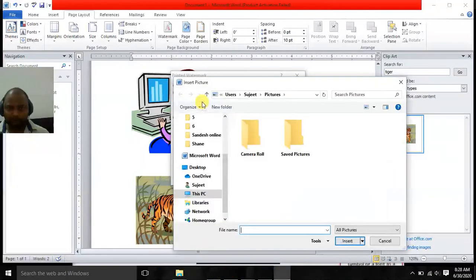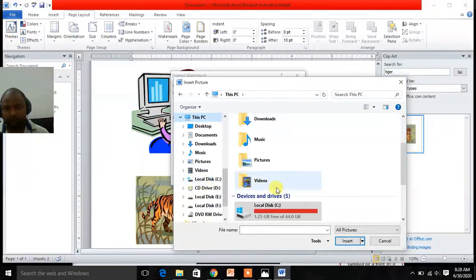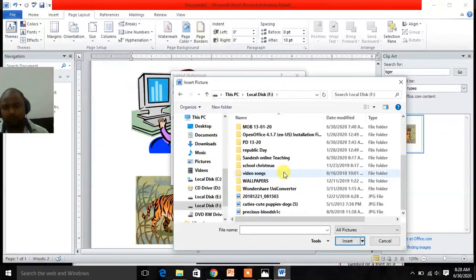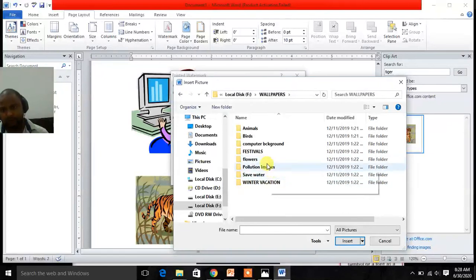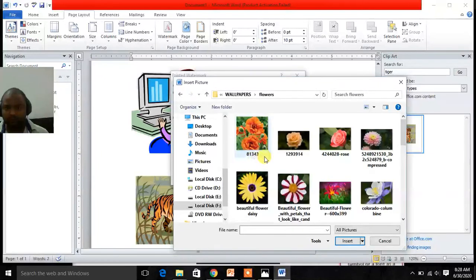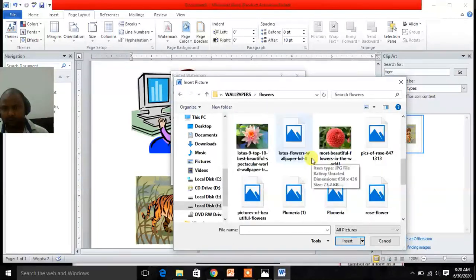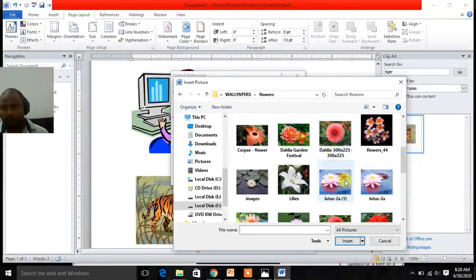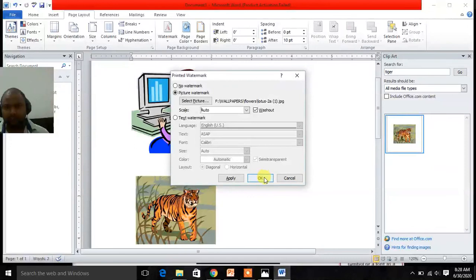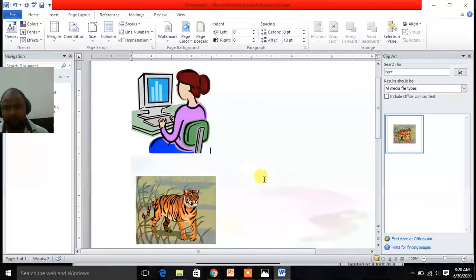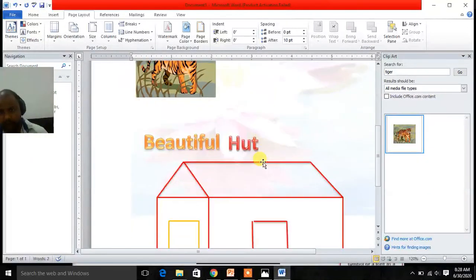Suppose this lotus as a watermark and click on OK. So it would be as a watermark.